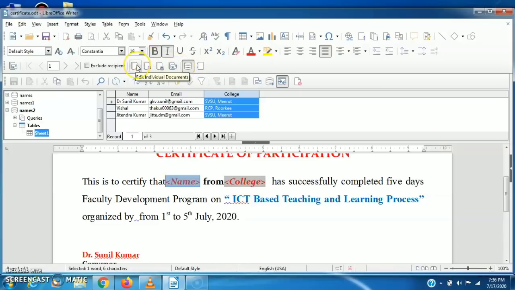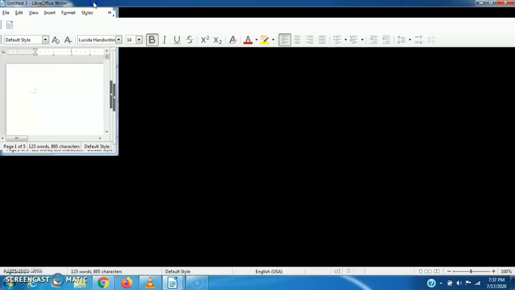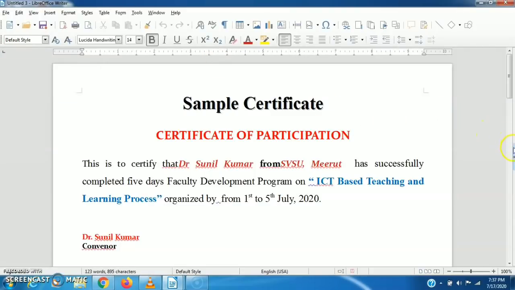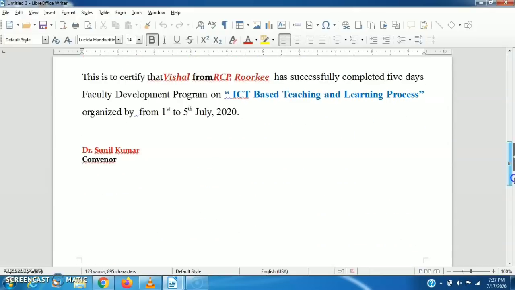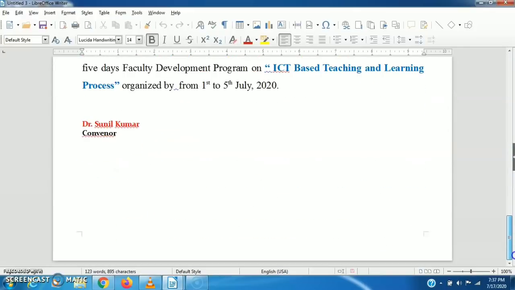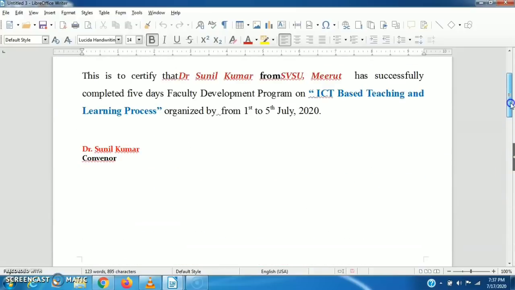If we click on edit individual documents, then we will see the number of certificates we have generated. We have entered a database of 3 people, so 1, 2, 3. If we had entered a database of, suppose, 1000 people, then 1000 certificates would be generated immediately.